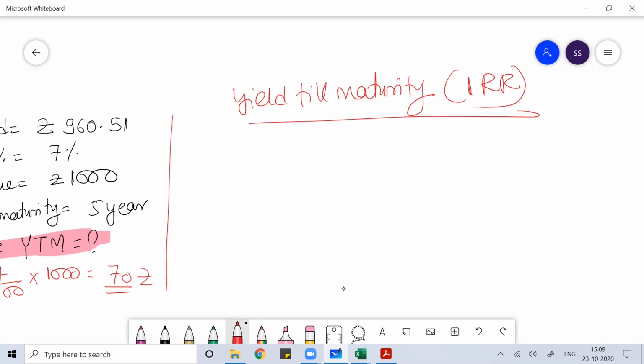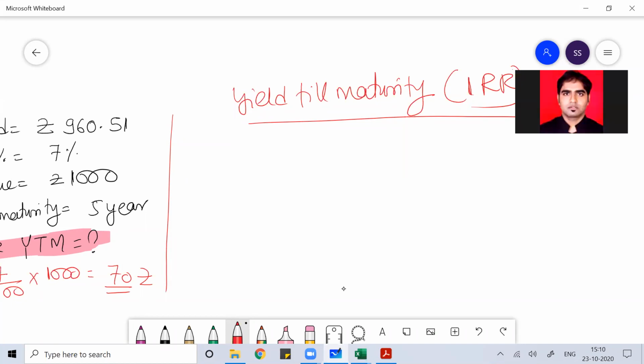So what is IRR? Let's first talk about IRR. IRR is the minimum return that you get on your investment. We believe that the sum total of the future cash inflows, all discounted at the IRR, will be equal to the initial investment. So that minimum rate of return at which discounting the future cash inflows makes the sum total equal to the initial investment is called IRR.